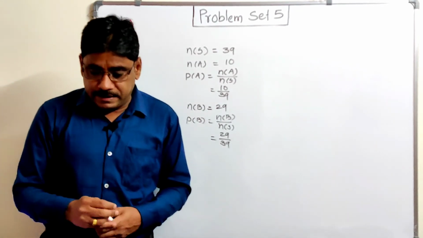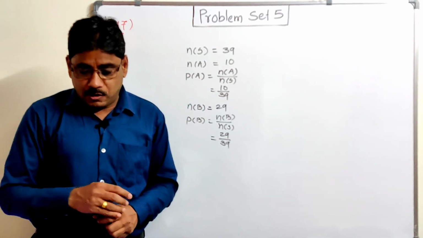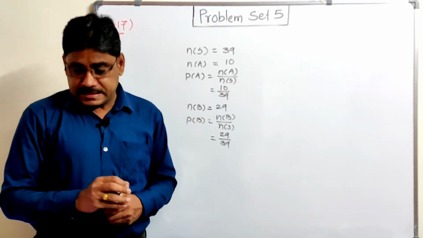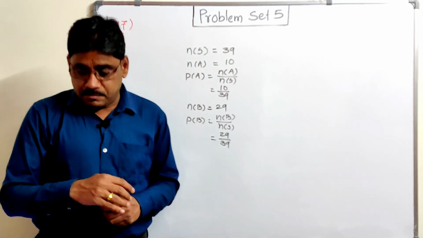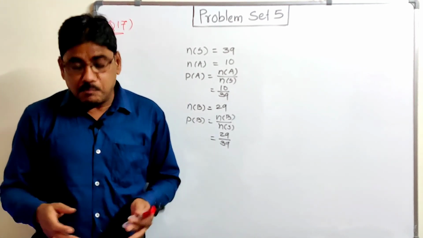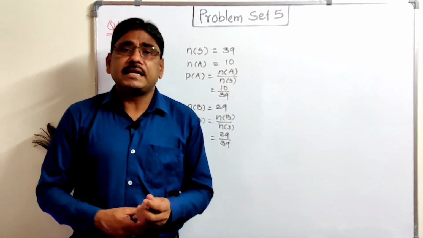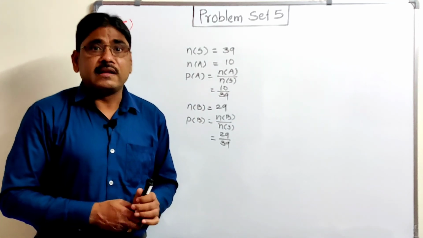Second activity is given: decide the sample space yourself and fill in the following box. You can take any sample space. Write S and n(S). The condition for the event A is getting an even number, and then complete that activity. So this question number 17 is activity based, that is, for self study. Do that for your fun and practice.